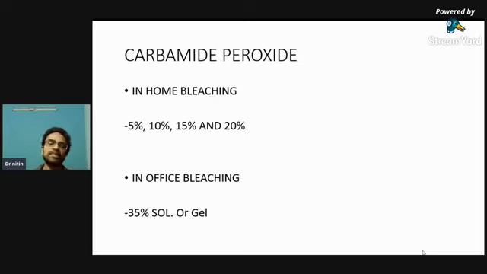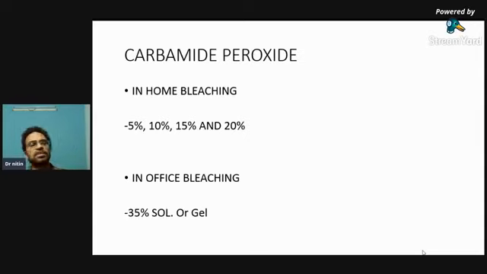In home bleaching, the technique in which the patient performs the procedure, we just provide a customized tray in which he puts his bleaching solution, and he keeps it either a few hours in the day or most of the hours in the night. This is the basics of home bleaching, and commonly we use carbamide peroxide of low concentration, 10% to 15 to 20%. The higher the concentration, the less the duration per day. The lower the concentration, the more the duration per day.